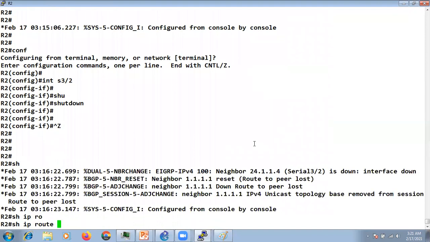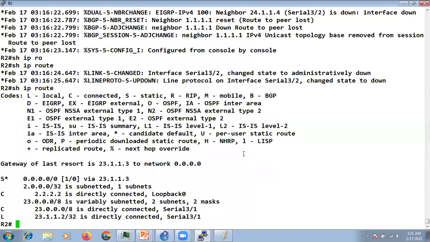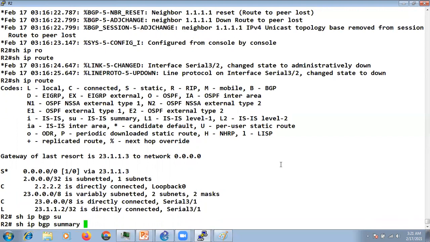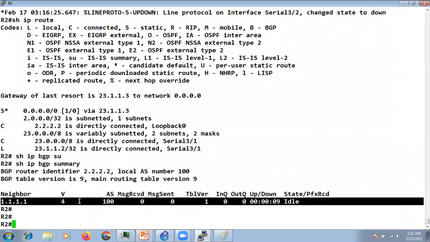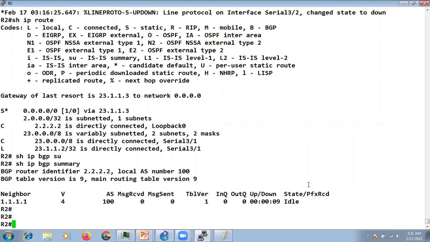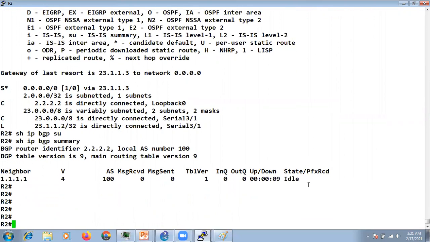As soon as I shut it, my peer IP is gone from the routing table, and now you can see it is no longer violating our very first rule that the connectivity must not be reachable via the default route. So this is how we can leverage this fall-over.